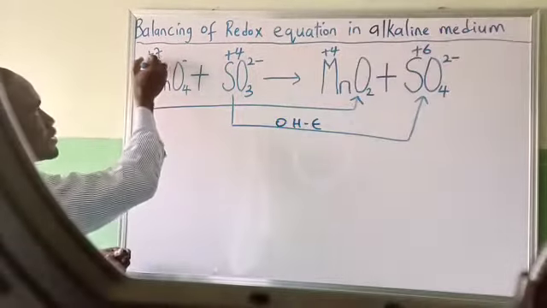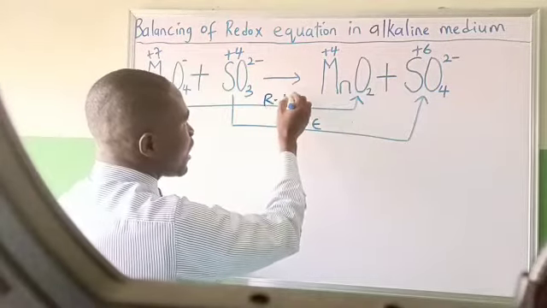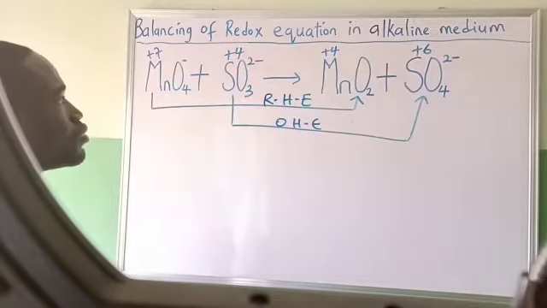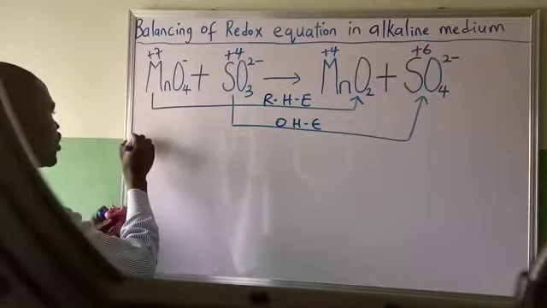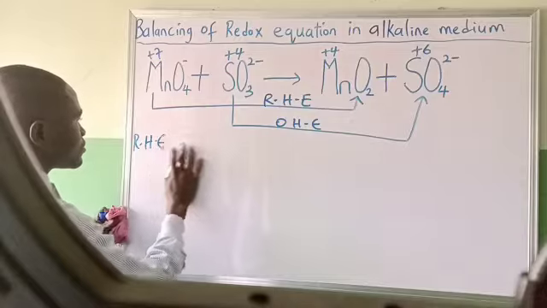So this is 7, it decreased to what? 4. You say this is the reduction half equation as well. Now the next thing to do is to bring them out. Reduction half equation, that is